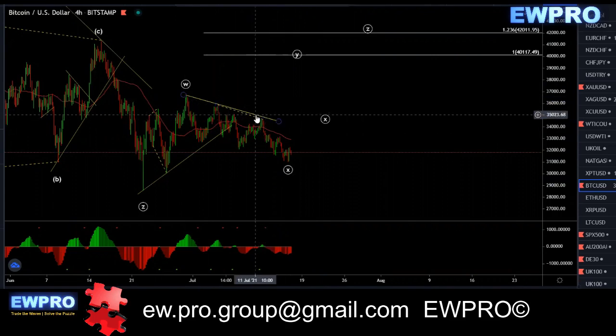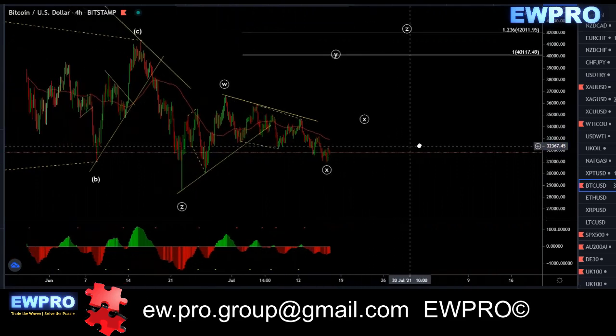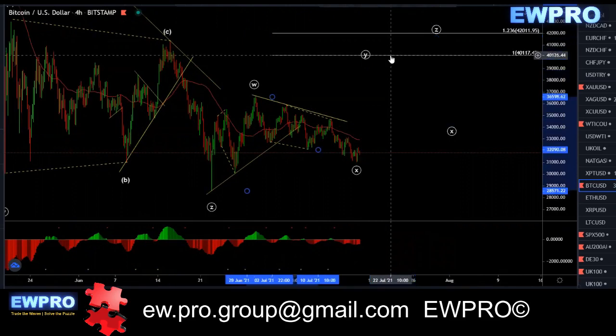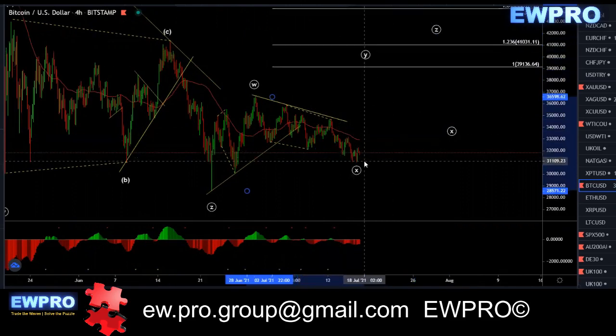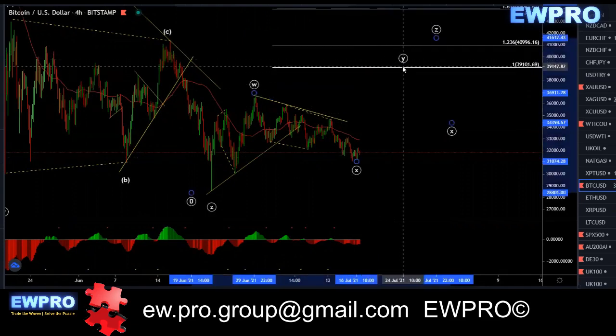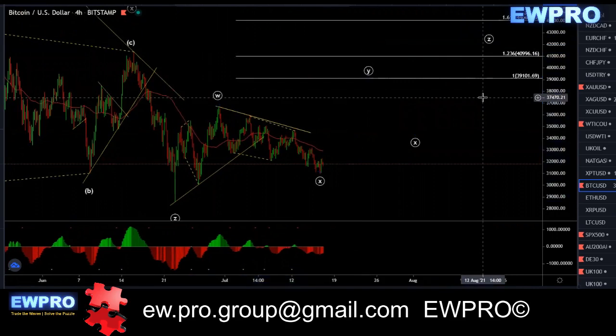I only wanted to buy at the break of the trend line. We didn't get a break of the trend line, so you shouldn't have been in the buy yet. You still will get an opportunity to get into this buy. Just move this fib here down to here again, because we've moved down a bit further. So here, again,